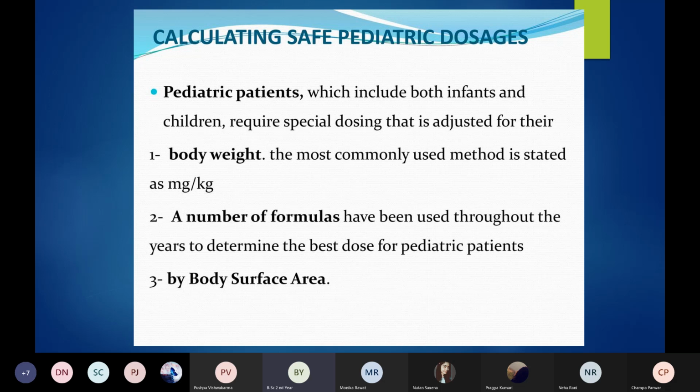देखिए, adult के लिए अलग dose होते हैं and children के लिए भी अलग dose. Then body weight. So here in order to calculate the body weight, okay, so we have to